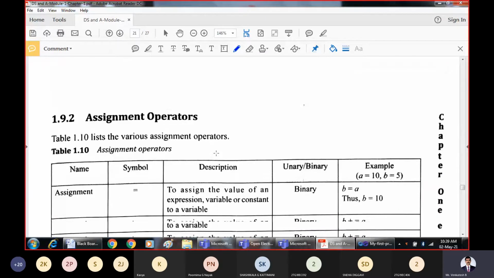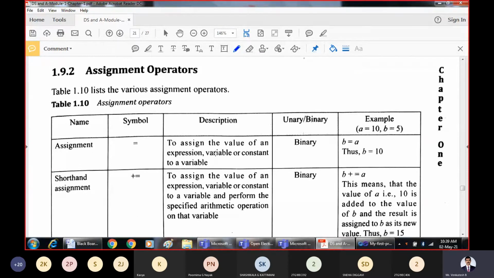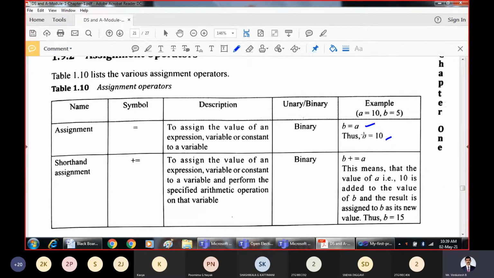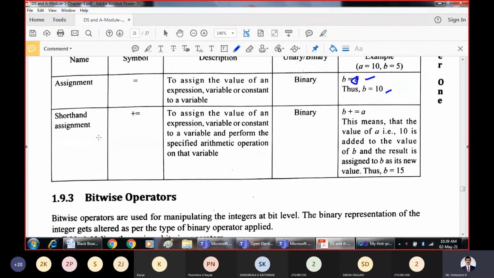Let us go to the next, the assignment operator. The assignment operator is basically used for assigning some value to the variable present on the left side. These are different examples: B is equal to A, and B is equal to 10, because the value of A is 10 here. That 10 is being assigned to B. This is plus equal.